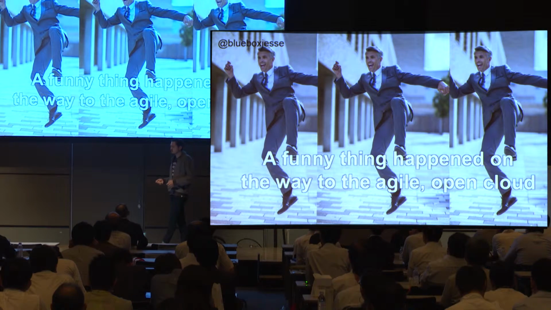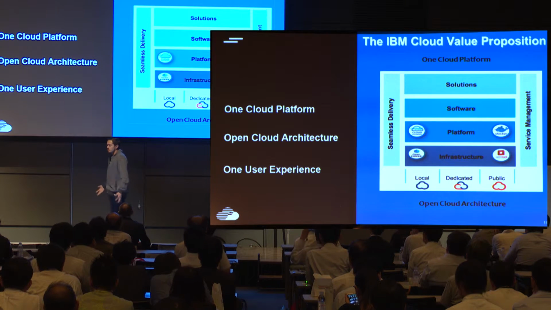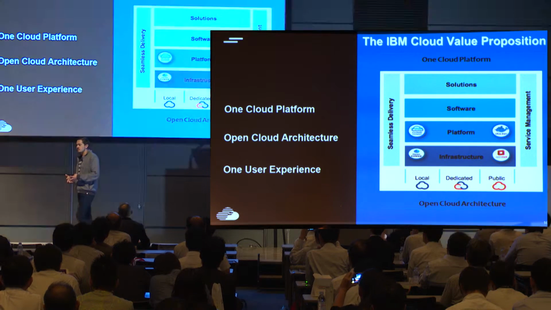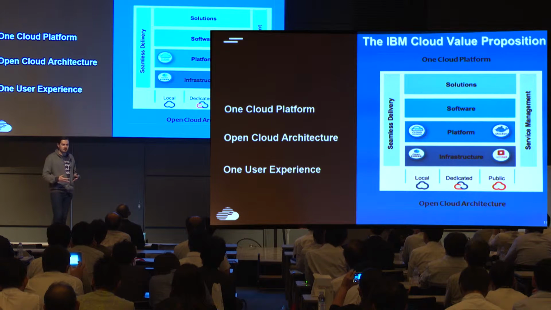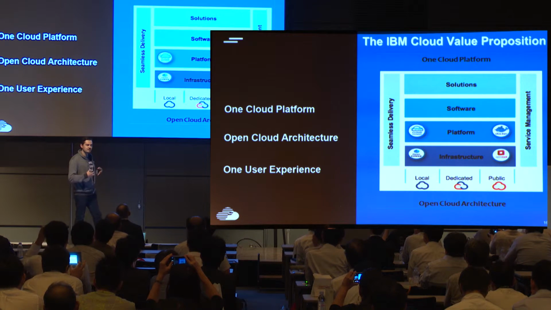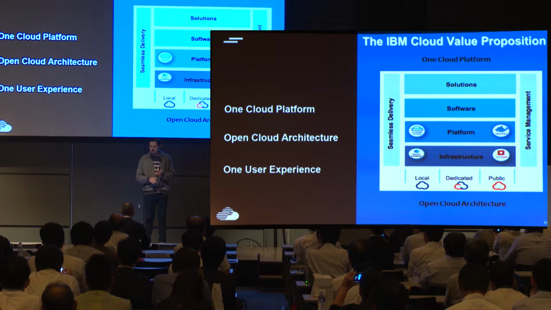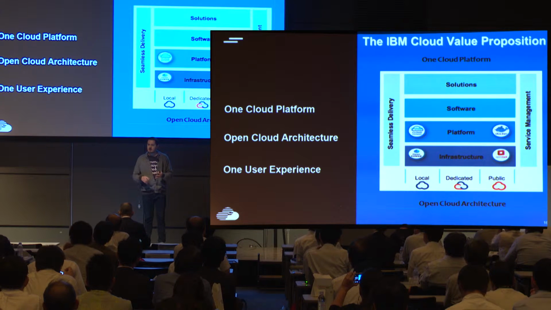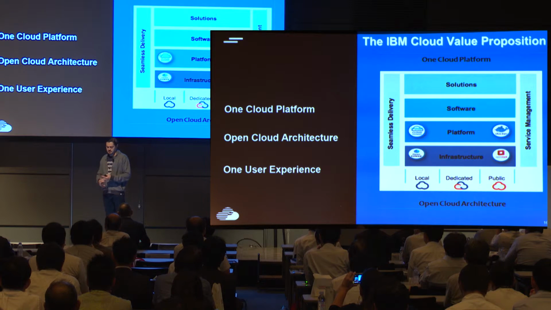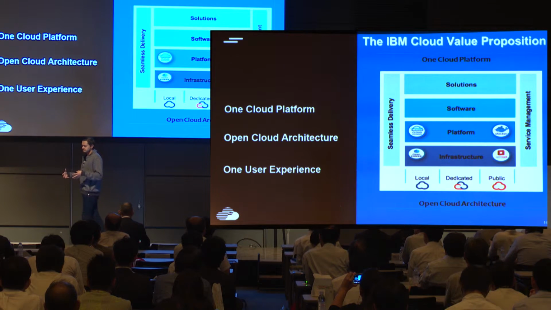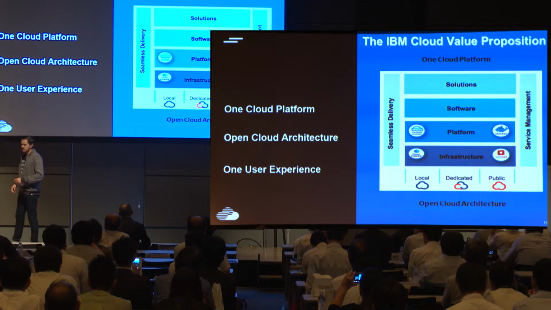And so a funny thing happened in the last couple years. IBM, as Mark mentioned, at the beginning of this year, pulled all of its assets together from the various groups into the IBM Cloud Business Unit. And in doing that, they created this one cloud platform vision, open by design. So IBM's vision is a local, a dedicated, or a public cloud, all running the same set of technology, the same open source components, providing an infrastructure layer on which everything else can be built. Mark kind of touched upon the pieces that sit on top of that.